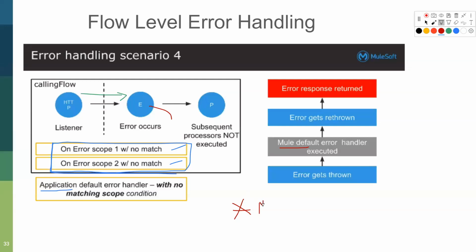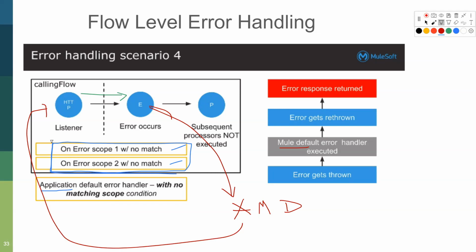So in this case, Mule's default error handler will handle it, and Mule's default error handler is the same as on error propagate. So from here, it comes to here, on error propagate, and that is read in, read out, and an error gets returned here. That's what it is saying.